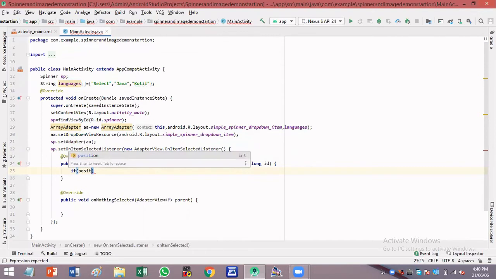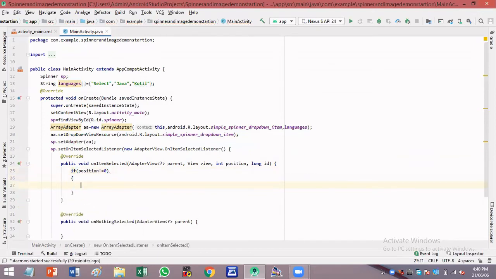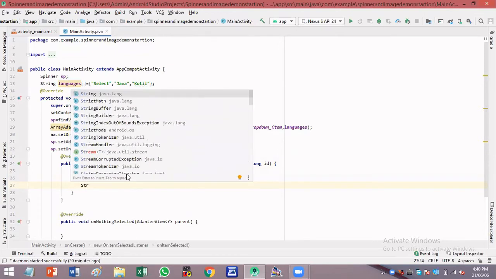If position is not equal to 0, that means it is not the Select option, not the first option, then what I have to do is generate an alert dialog box to the user, displaying which language they have selected.